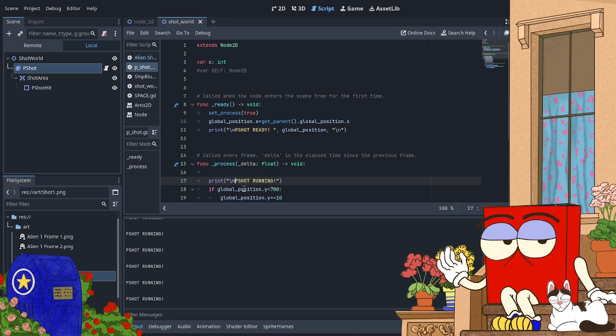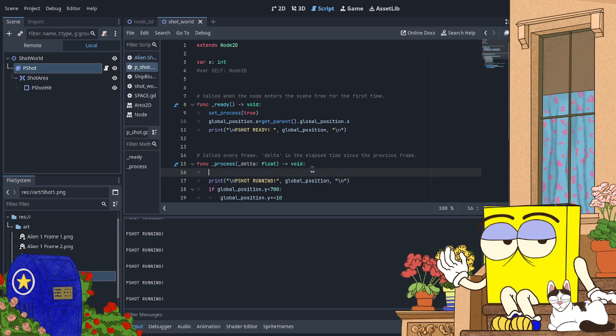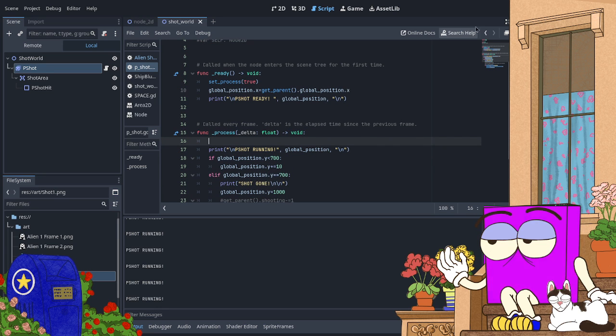Okay. P-Shot running. This, I want to keep track of X and Y. So let's take a look at it again.